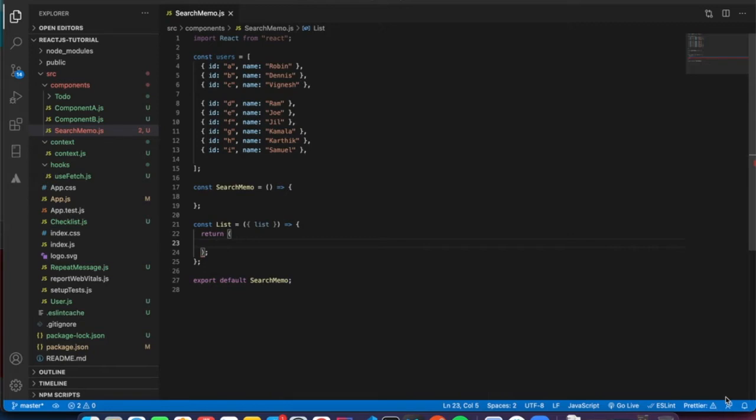The same concept applies here as well. That is called useMemo. So in this video we are going to see a very detailed explanation about useMemo. So let's get started with the actual useMemo hook. So before that,